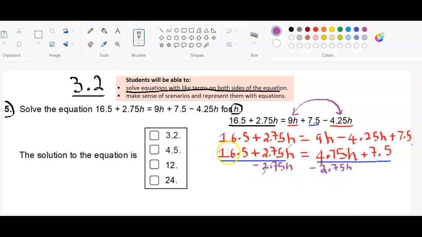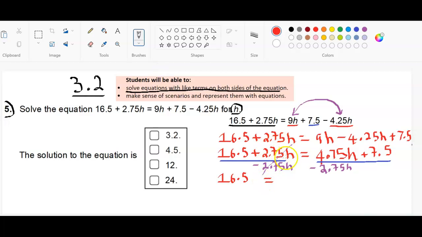Okay, all right, now 16.5, you're going to have to leave it alone for now. If you want to do multiple steps at a time, you can do that, but for now I'm going to leave that alone. Okay, leave this alone. Sorry, let me bring that down again. Okay, leave that alone. That is equal to,